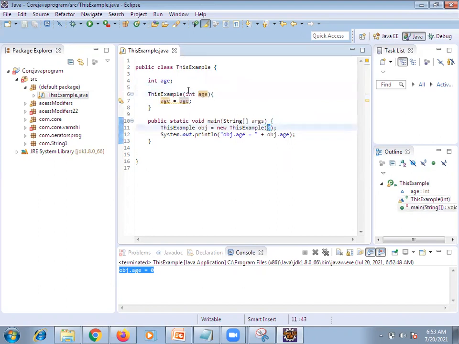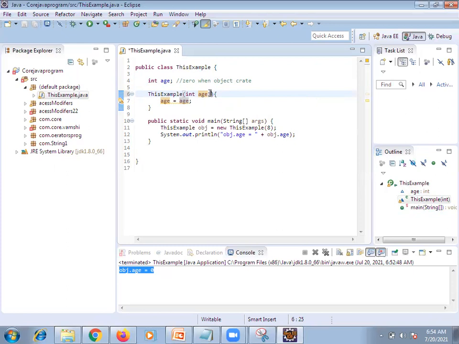8. Yes. Now let's take this as 1. So whenever they both are the same, we need to. Now you can see. What you need to observe is that here age is coming, and here age is there. So by default, when the object is created, what is this value? Always 0, right? 0 when the object is created. Clear?